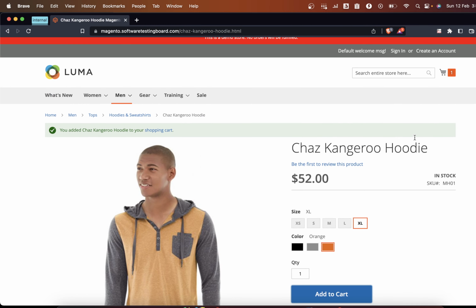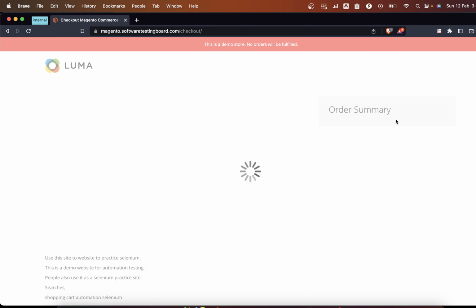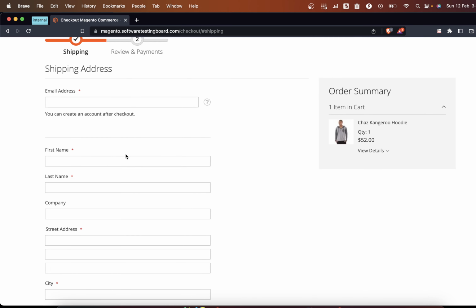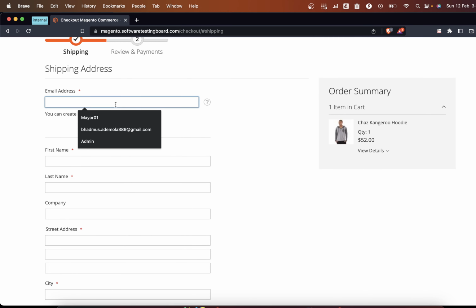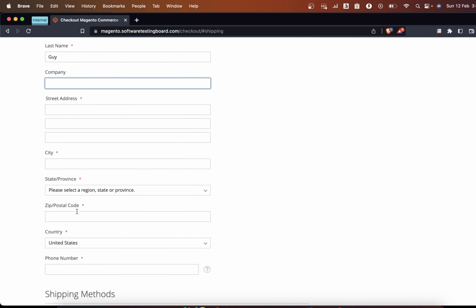So once it's added to cart, we are going to move into the cart, and we are going to click on proceed to checkout, and we are going to fill all of this. Let me try to fill something into it. Cool. Let's just try to do this. We don't need to fill company, but the required fields you are going to fill,